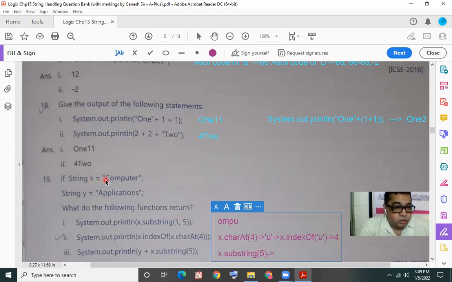In x, from position 5, that is 0, 1, 2, 3, 4, 5, that is the characters TER till the end, is what you're going to obtain as the result of this substring. This should be concatenated with y.